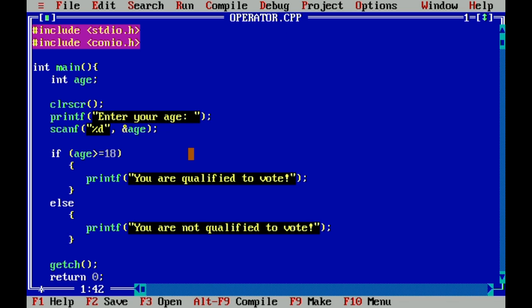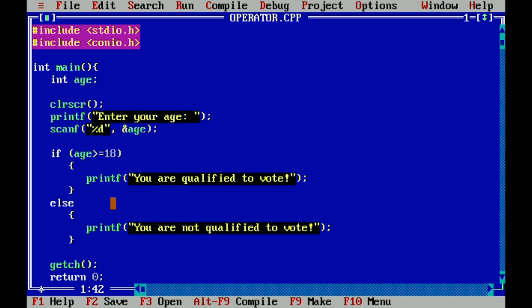Besides age is greater than 18, we will also consider conditions such as if the age is less than 18, then it will not be considered a qualified voter. But negative is also less than 18, so we have to change our conditions.